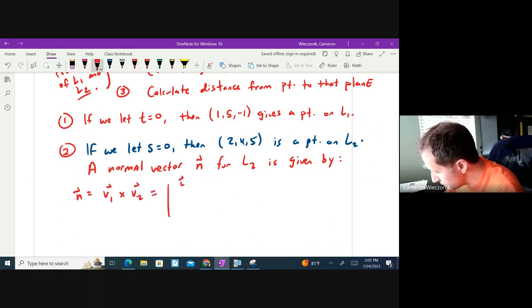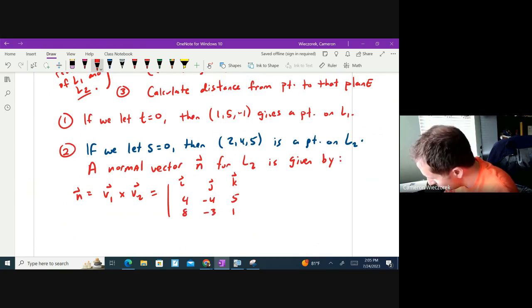So setting up my determinant, ijk, V1 had coordinates 4, -4, 5, and V2 had coordinates 8, -3, 1. So we end up with i times, crossing off first row, first column, we're left with -4 times 1 would be -4, minus -3 times 5 would be minus negative, or plus 15, minus j, remember to flip the sign, cross off first row, second column, we're left with 4 times 1 is 4, minus 8 times 5 is 40,